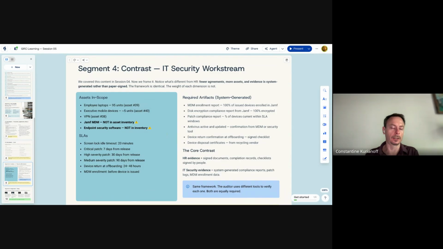The SLAs on when the device is issued or procured or shipped to the employee or set up may not be set, may not be defined. And you as a GRC specialist, you can see all those gaps, and you can try to actually proactively close them. And a practical advice for closing the gaps in terms of SLAs is very interesting.